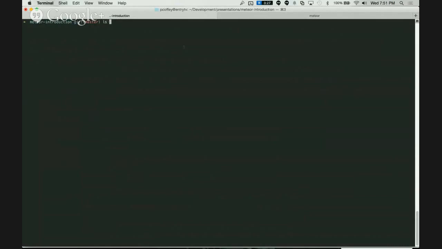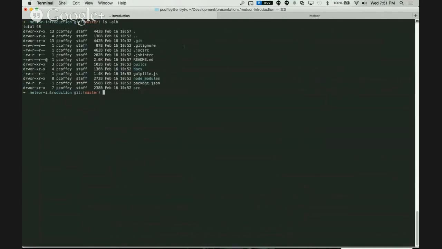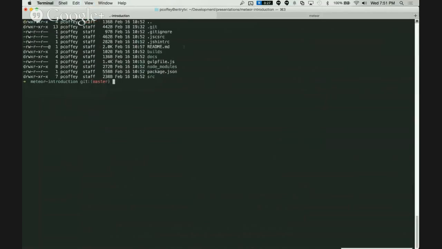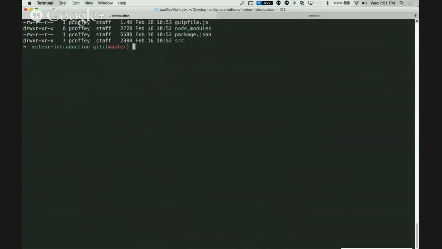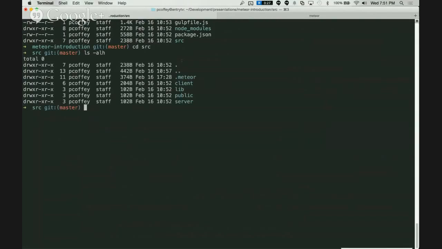And this is my file system. I'm going to make this text just a little bit bigger so you can see it. And here we go. So keep Meteor's files in source. All right, so this is Meteor's root. As you can see, it contains the .meteor directory, and that .meteor directory